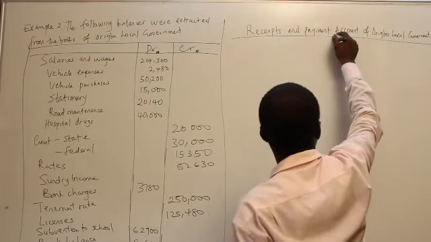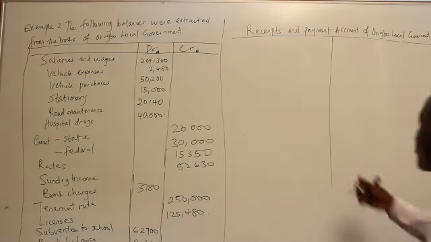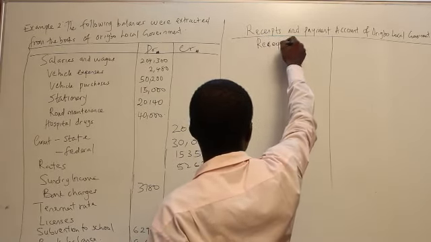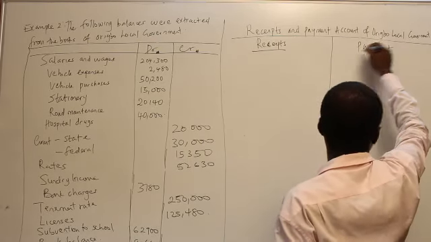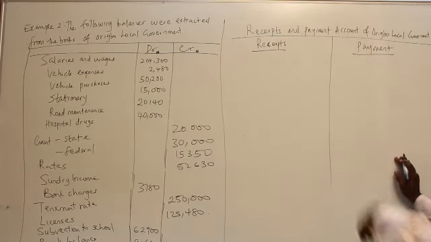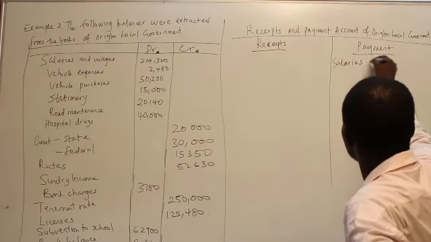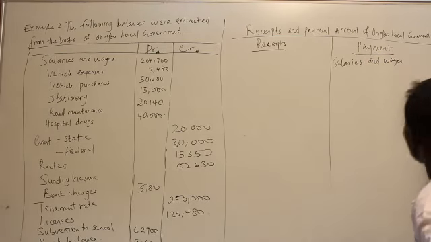So done that, we have this now. And the next thing is salaries and wages. We are going to have receipts here. All of the receipts will come here, and payment this side. So we have salary and wages, which is a payment in the period. All payments will be at the debit side in the balance sheet. And for salaries and wages, we have